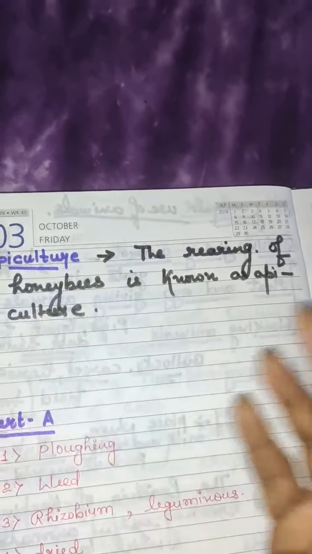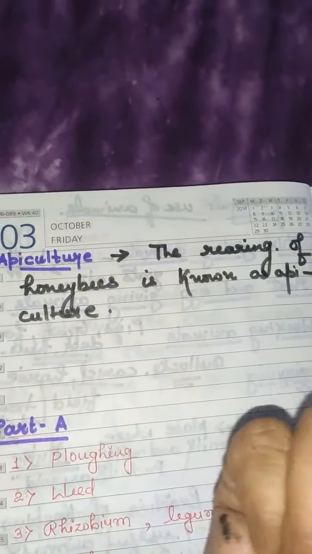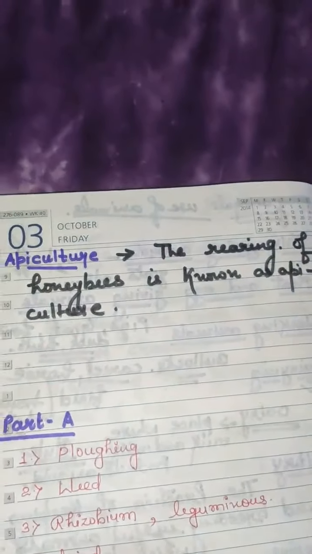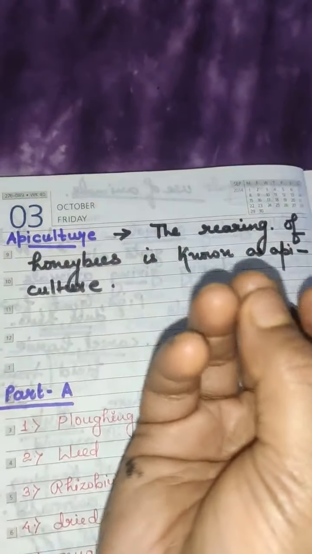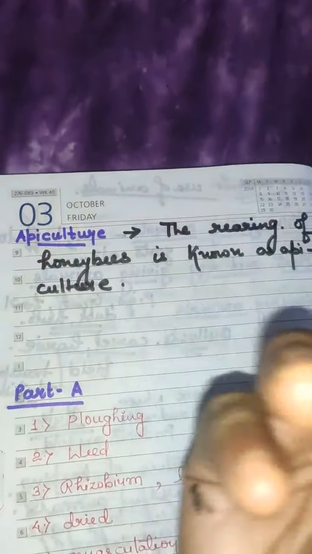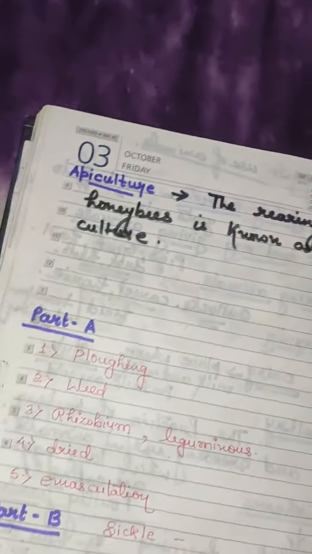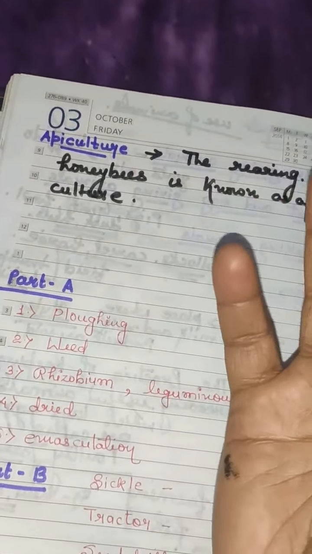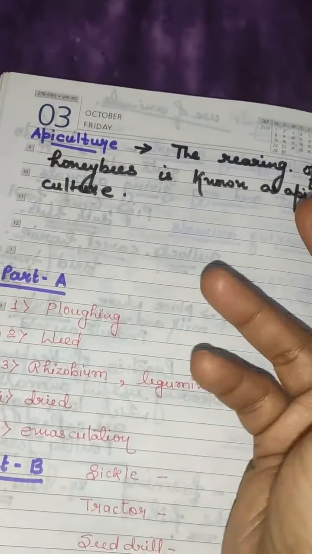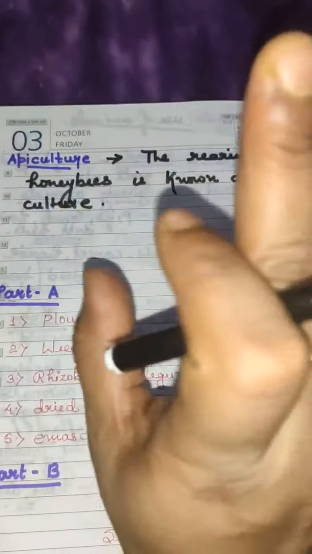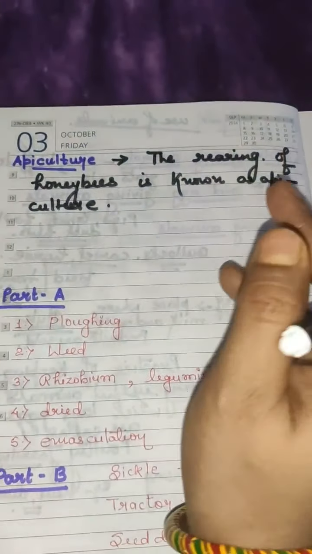It is done on a very large scale. The honeybees are kept or farmed in this practice, and then they produce honey which is very rich in minerals and sugar. And how honey is formed, we all know that the honeybees and other insects suck the nectar from the flower and then store it in a honeycomb, and then it is collected by lighting a fire under the comb, and then it is formed in a concentrated form known as honey.